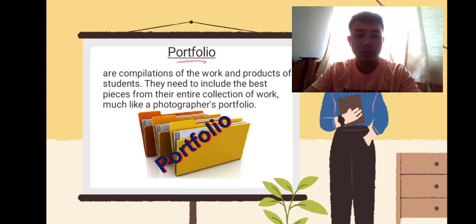So the fifth one is the portfolio. Portfolios are compilations of the work and products of students. They need to include the best pieces from their entire collection of work, much like a photographer's portfolio. A portfolio can also encourage students to take more ownership and responsibility over the work